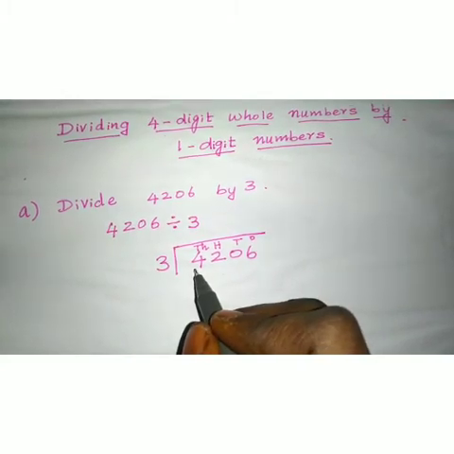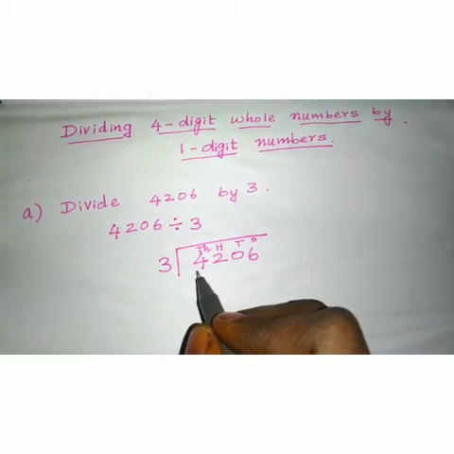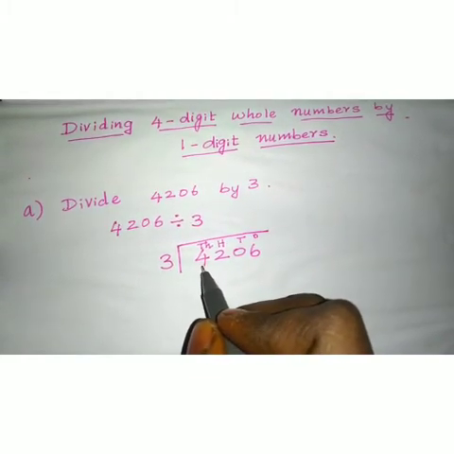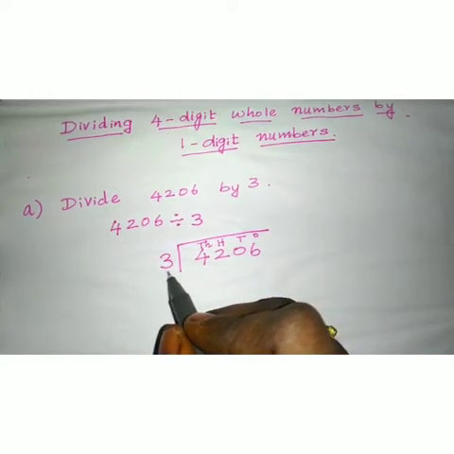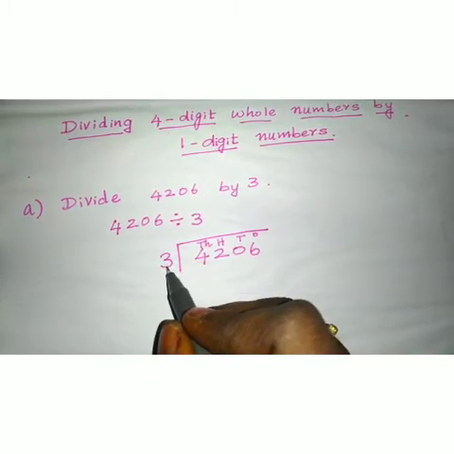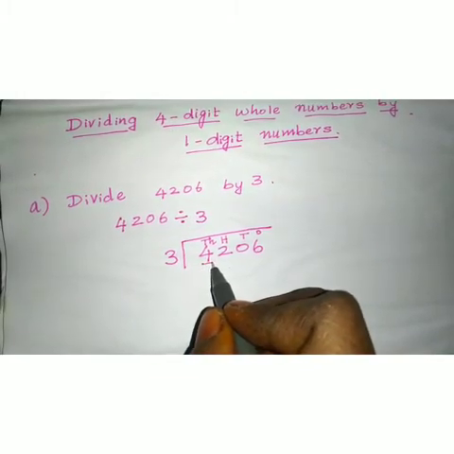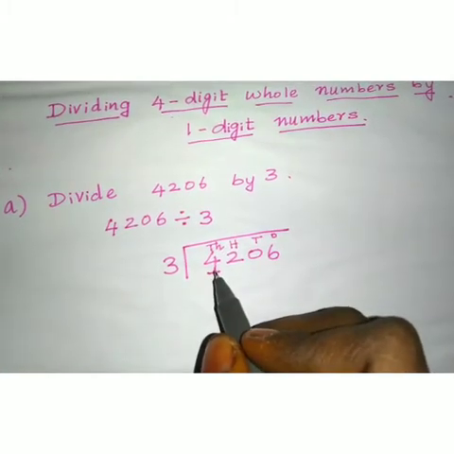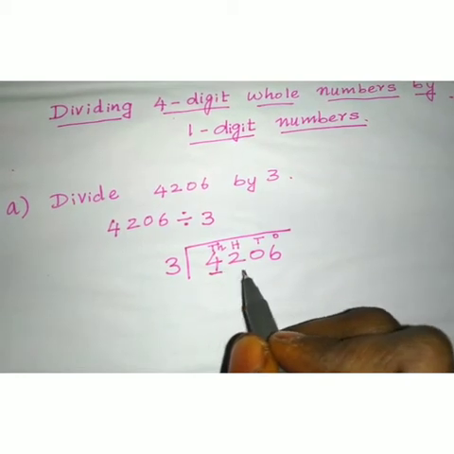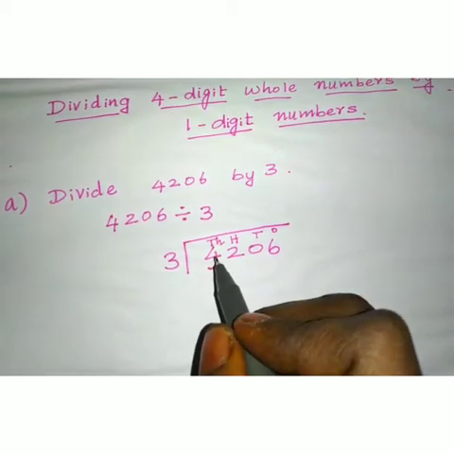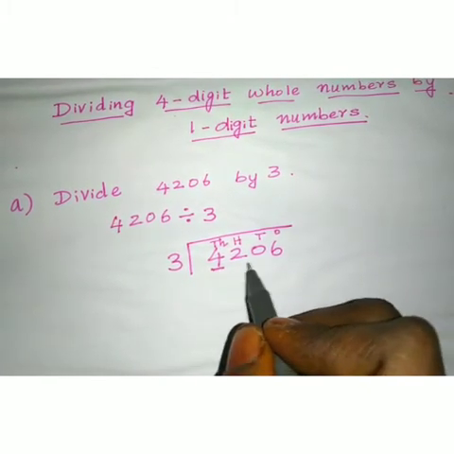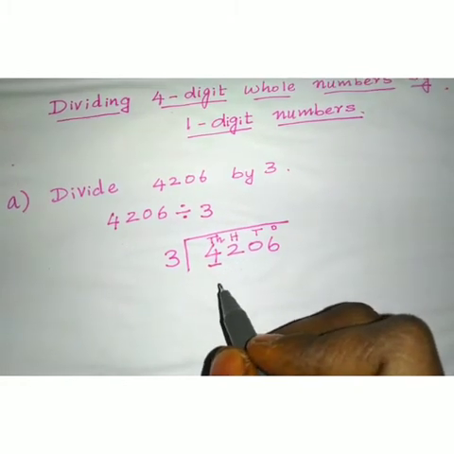Let me start with the number 4. We have to divide the given number from thousands place. This thousands place value 4 should be greater than the divisor. This is the divisor. 3 is the divisor. So 4 is greater than 3. So you have to take only one number. If the thousands place value is less than 3, then we have to consider two numbers. Am I clear to you? If this is smaller than the divisor 3, then you have to consider two numbers.